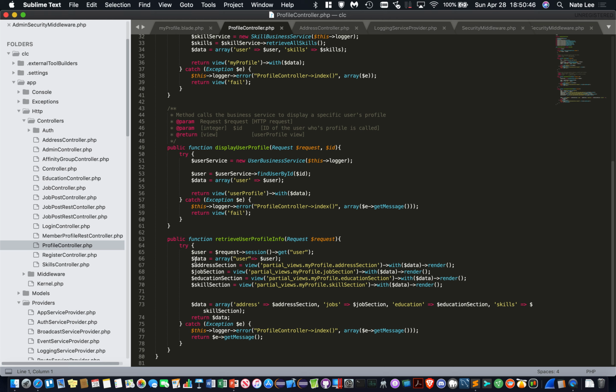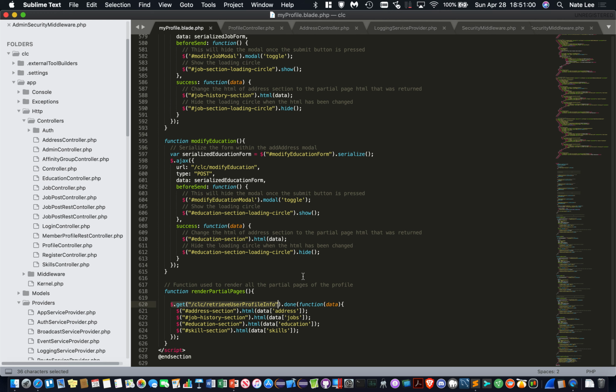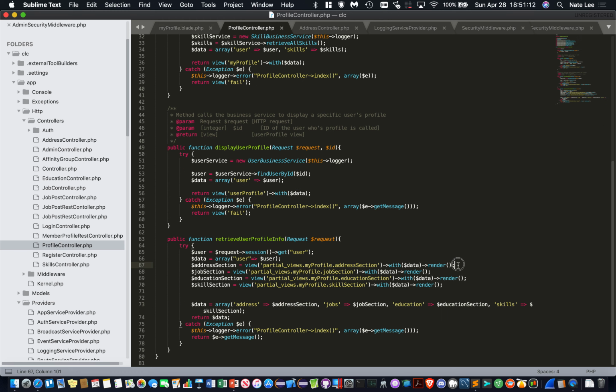So what we're doing is we are getting an array of information from the user. It'll contain their address, their jobs, their education, and their skills. And then we're going to pass that array back into JavaScript with different keys, so the address will be address section, etc., etc. And then we'll get each item in the array and we'll set the partial page sections to whatever that array is. In the profile controller, right here,